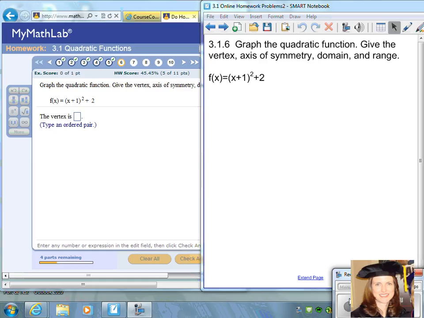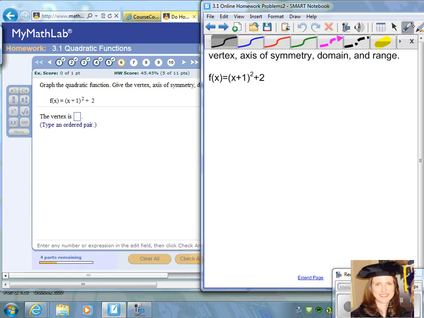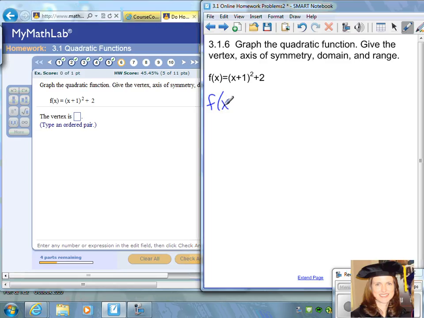Question number 6 from section 3.1, quadratic functions, asks us to graph the quadratic function and give the vertex, axis of symmetry, domain, and range. Because this is in vertex form, you can pick out the components of the vertex by looking at the numbers that are in the parentheses and outside the parentheses, because it's in the form of x minus h quantity squared